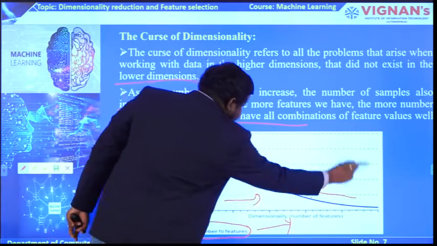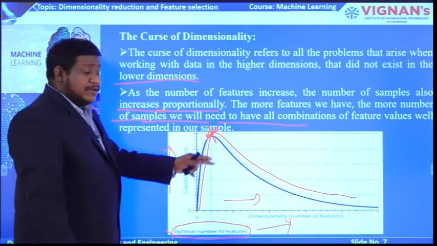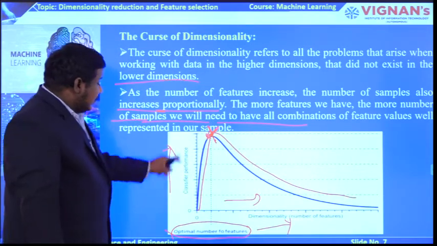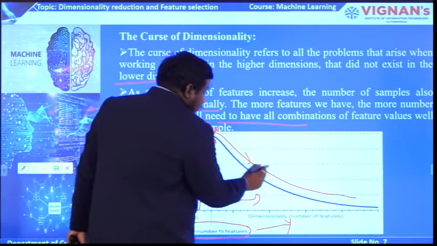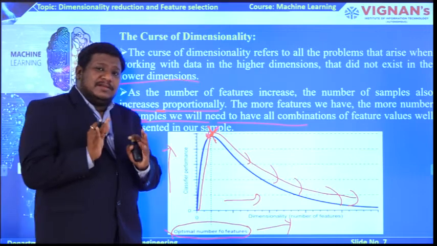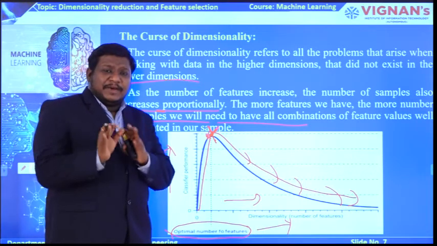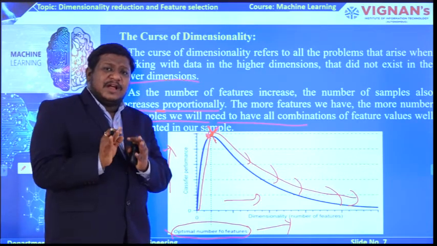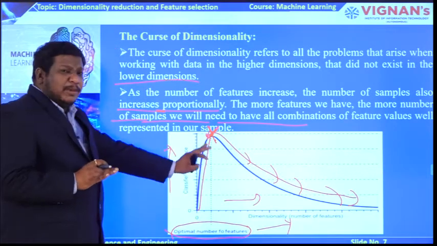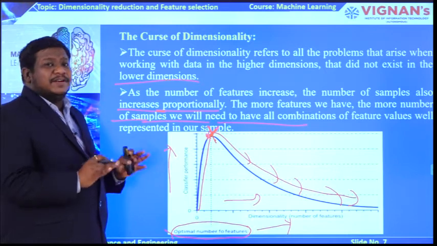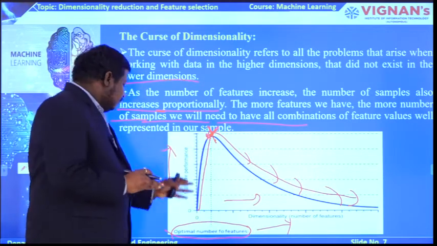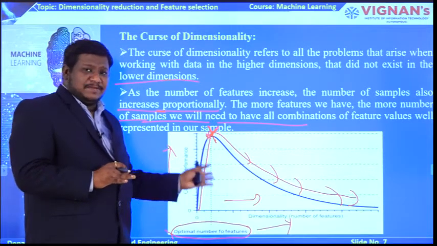the performance. When the dimensionality is increased, the classifier performance is reduced sharply. That means to some level, whatever performance model we are designing or had designed is going to work very well up to the optimum level of features. After that, you can simply observe there is a gradual or a sharp decrease in the classifier performance.